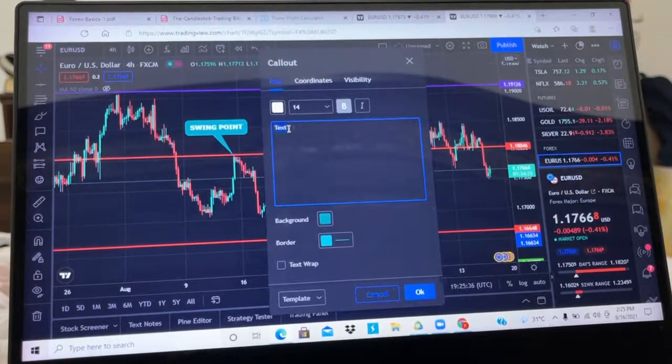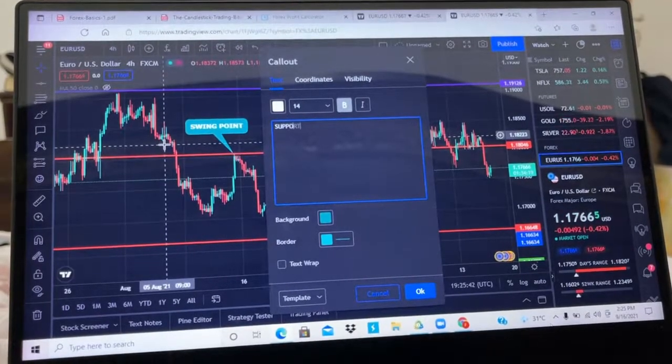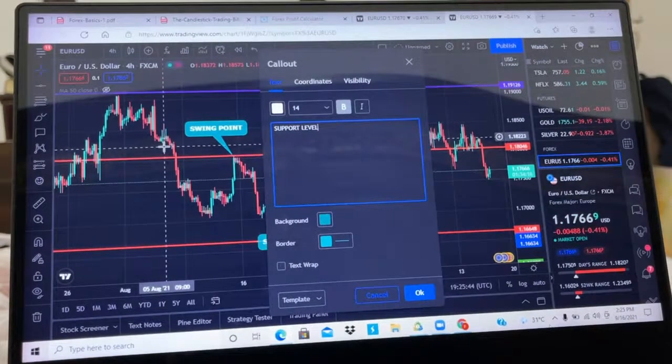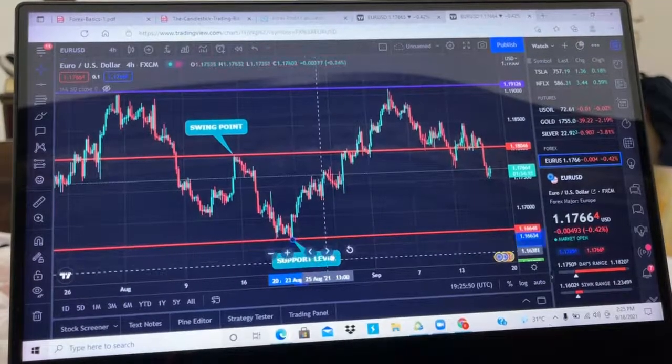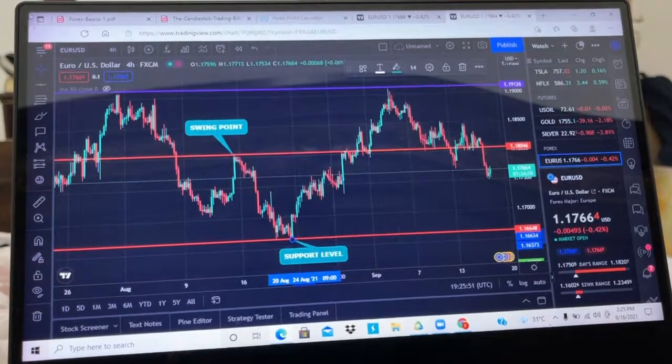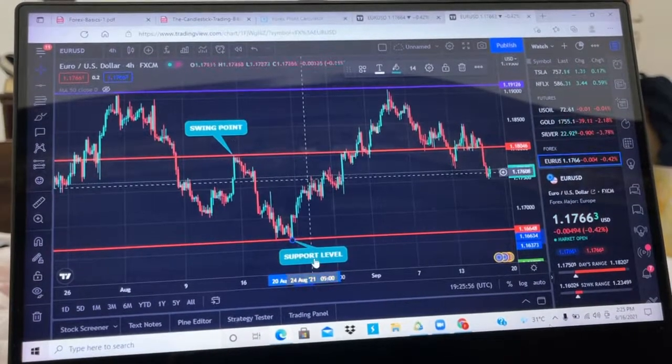I'm just going to put support level. So as you can see, Mr. Rossi, the support and resistance, they are very plain on our charts. It's super clear. All right, so you can't miss it